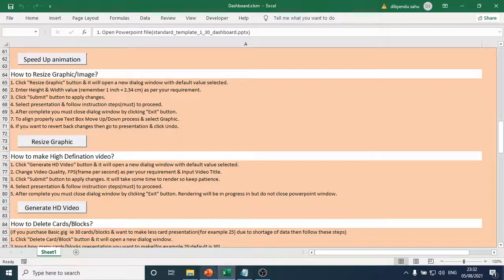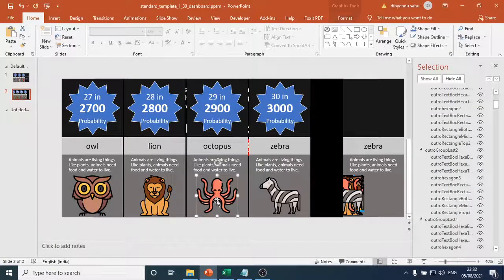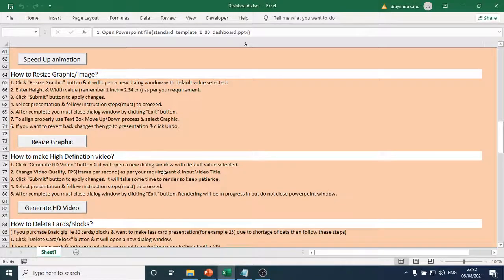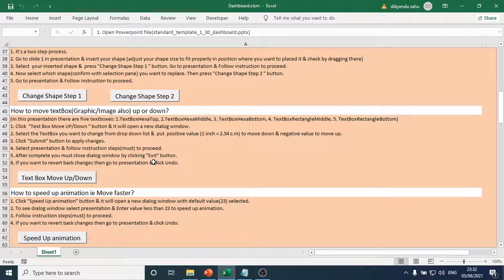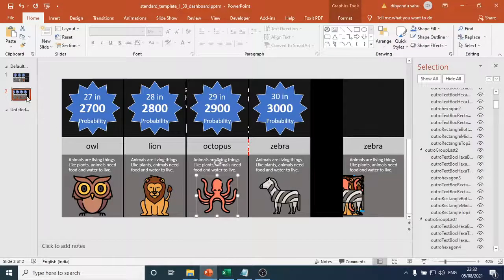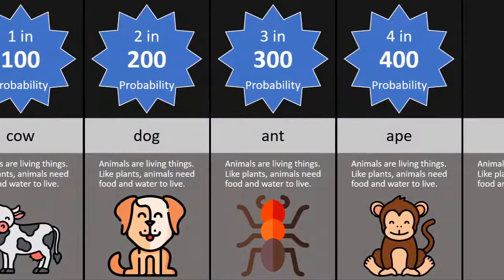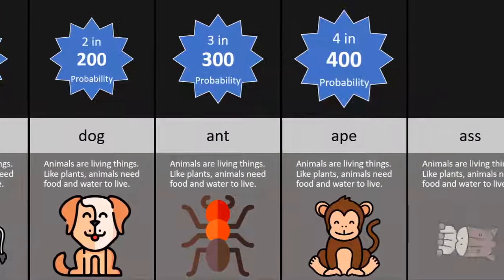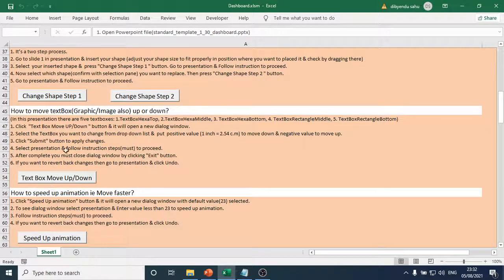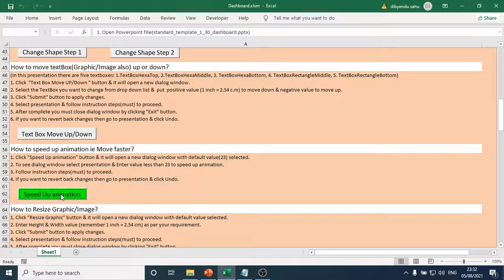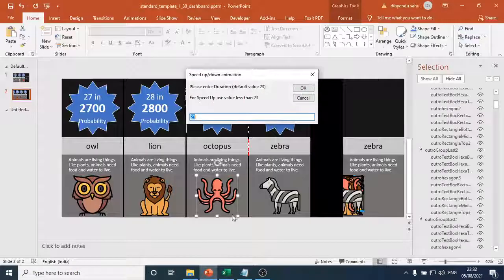Resize graphics means you can change this size, you can make it small also. And speed up animation, I will show you. If you feel this animation is slow, then you have an option to speed up animations, go here.